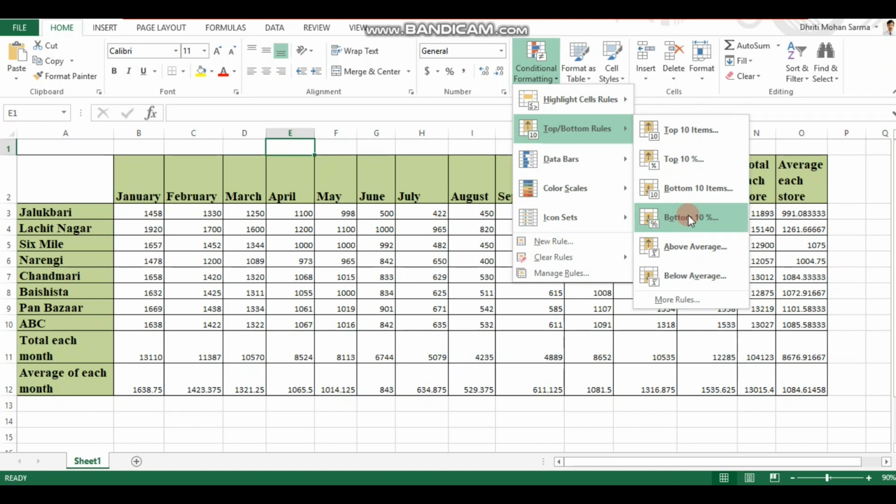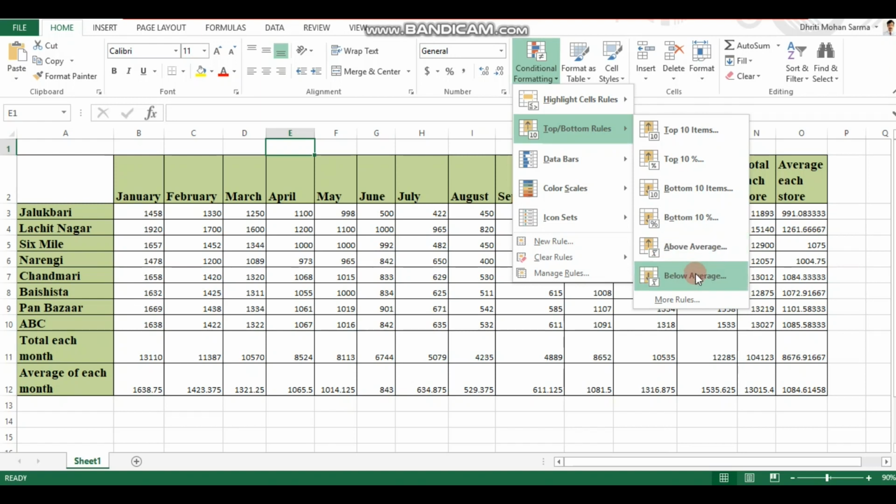And then we have average. Whenever we select a range of cells on which we have to apply the condition, the application, here obviously Microsoft Excel, itself calculates the average of all the cells you have selected and marks those cells which are above the average.